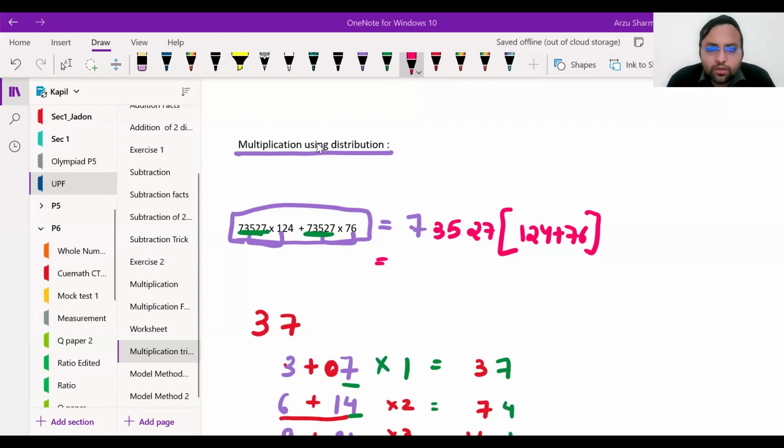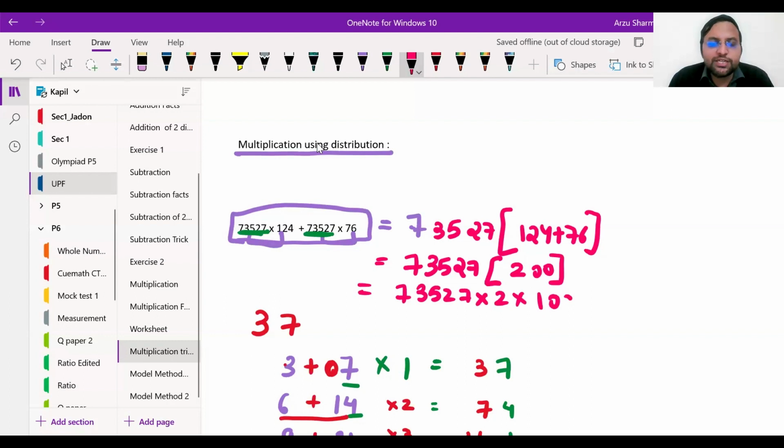Okay, so now when I do that, 73,527 times, now 124 plus 76 is actually 200. Now this is relatively easy. So we just need to multiply this by 2 and then the product by 100. So we get